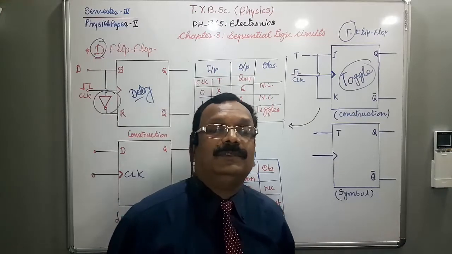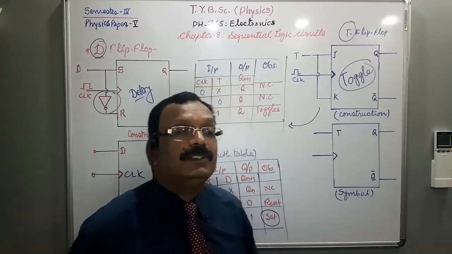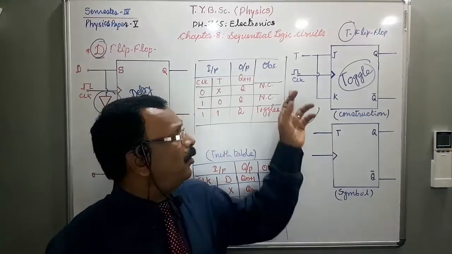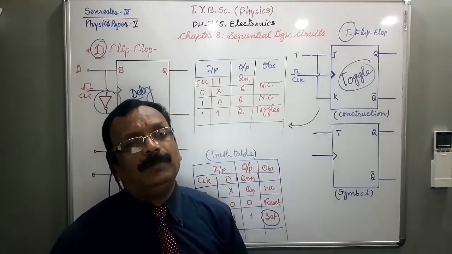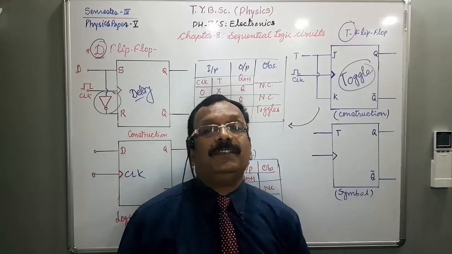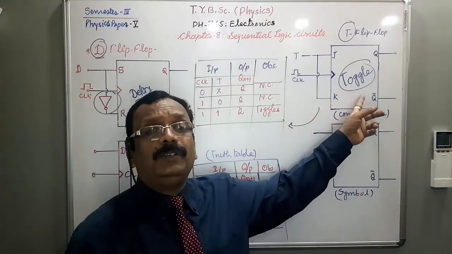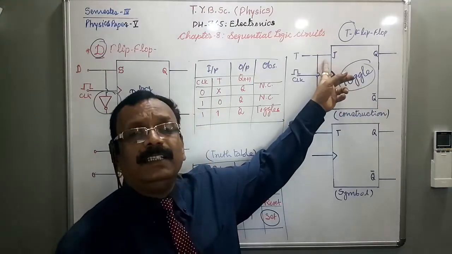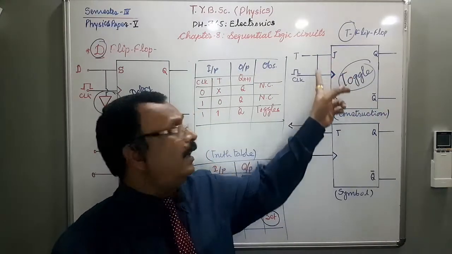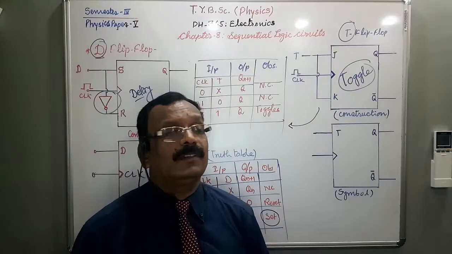They work at a time. They work the same at a time. So, what I say, T flip-flop is sometimes called toggle flip-flop, as the state changes with each clock pulse. A JK flip-flop can be converted into a T flip-flop by simply connecting J and K together, as shown in this figure.